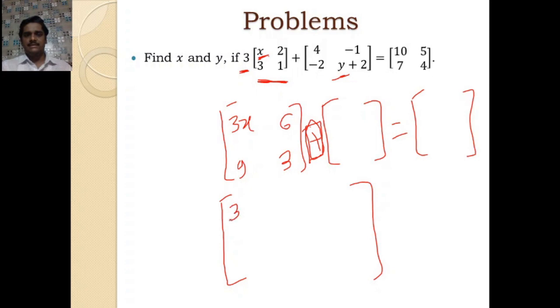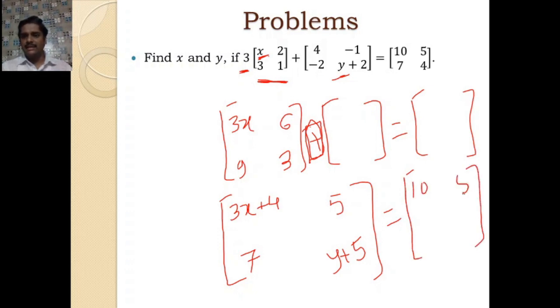So if you perform matrix addition, it will give you 3x plus 4, 6 minus 1 is 5, 9 minus 2 is 7, y plus 2 plus 3 is y plus 5 equals the third matrix which you have, that is 10, 5, 7, 4. And if two matrices are equal, it means each element should match. So this 5 is matching with this 5,